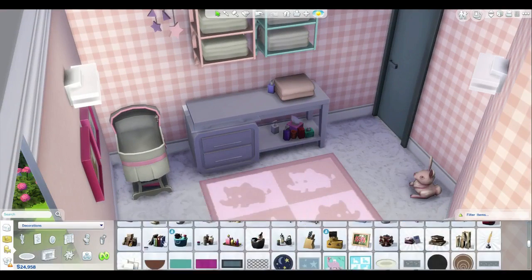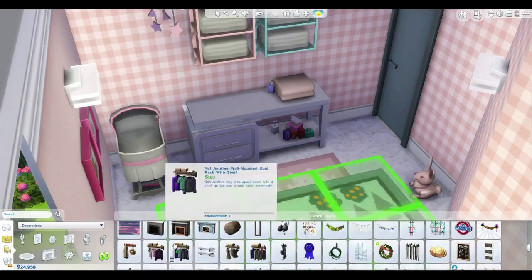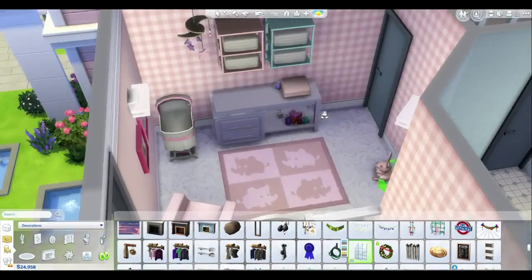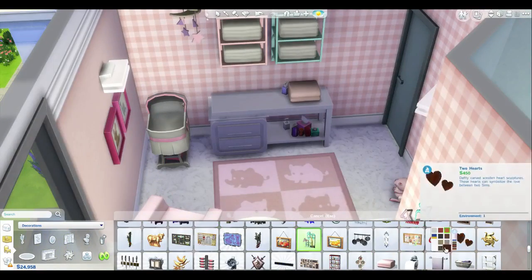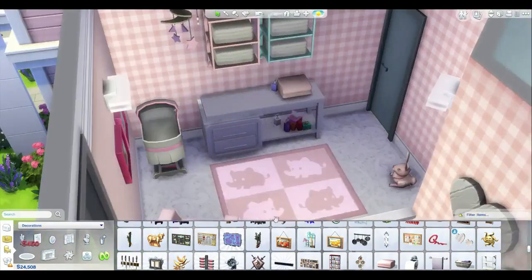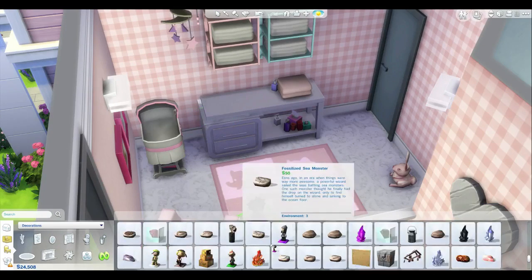Putting up some pictures on the wall, looking very pretty, and I wanted that ballerina to be really small because I thought that would be a perfect little sculpture to have in the baby room. Really, really cute. And figuring out what paintings to put on the wall if we wanted more of them. Balloons, maybe? Probably a little bit of an overkill, but I thought these wooden hearts would be really cute. They came with the Outdoor Retreat game pack,